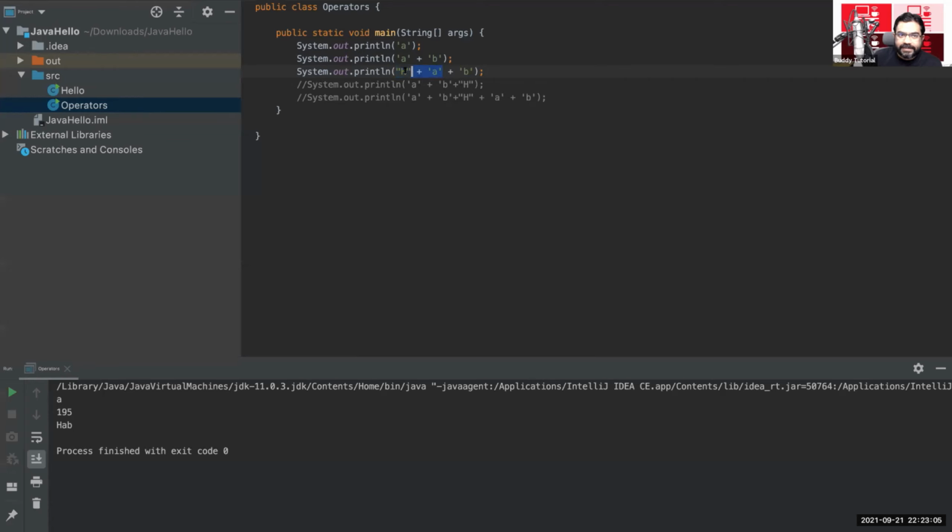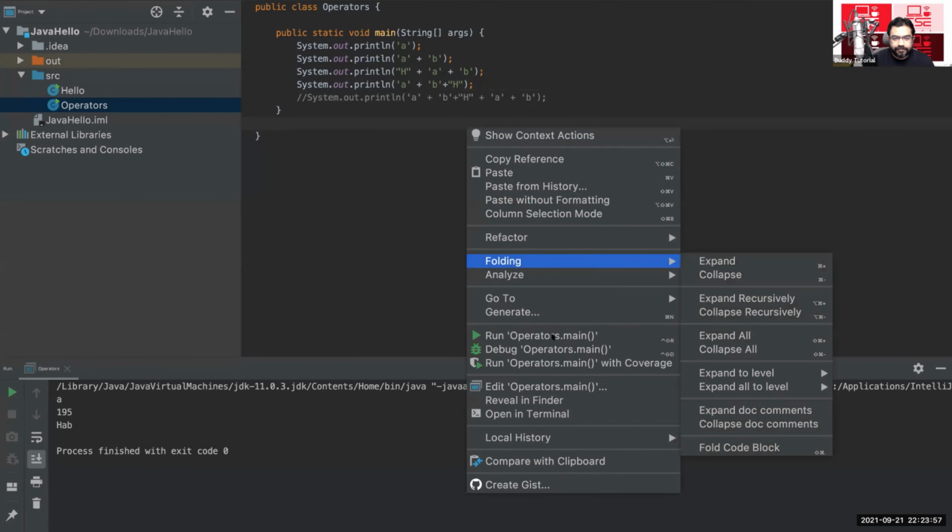Now this HA is a big string, and this HA string will get added to character B. So it will be HAB. Clear? So now if I come back here and ask you what will be the result now, everybody has to tell what will be the result now. Okay, now let me run it.